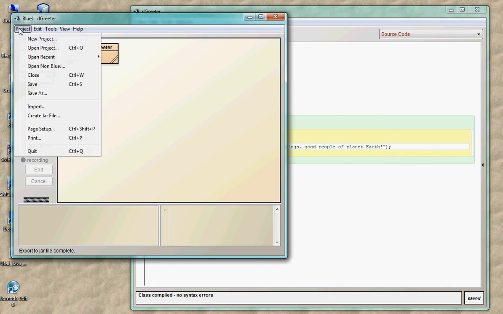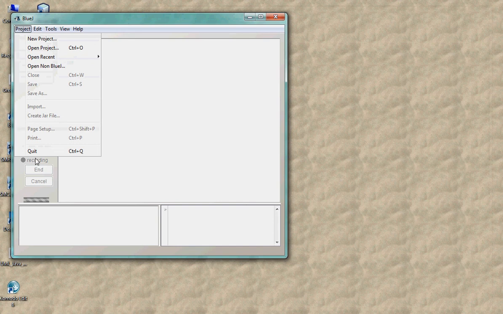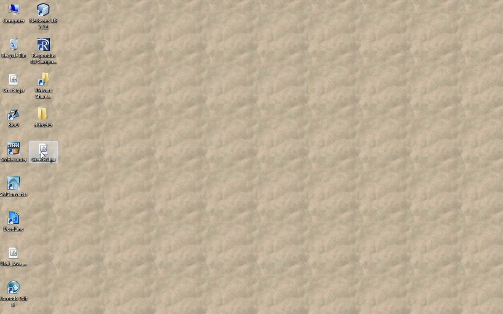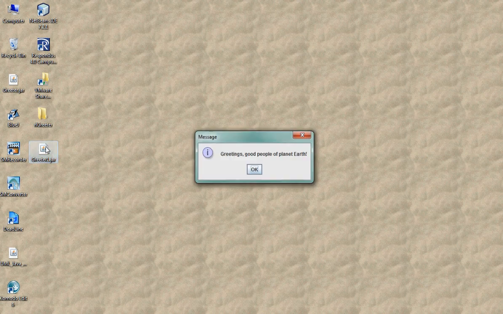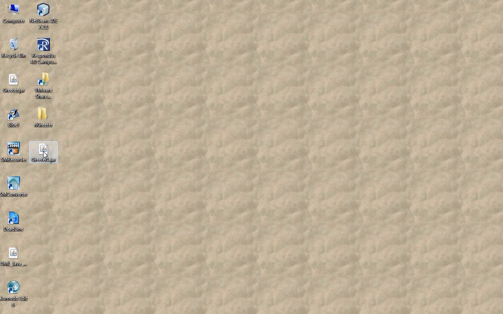All right, now let's close the project and quit BlueJ. And now there's Greeter1. And you can double click it, and there's the program. And this file can be moved to any computer that has Java installed on it, for example, a Macintosh or